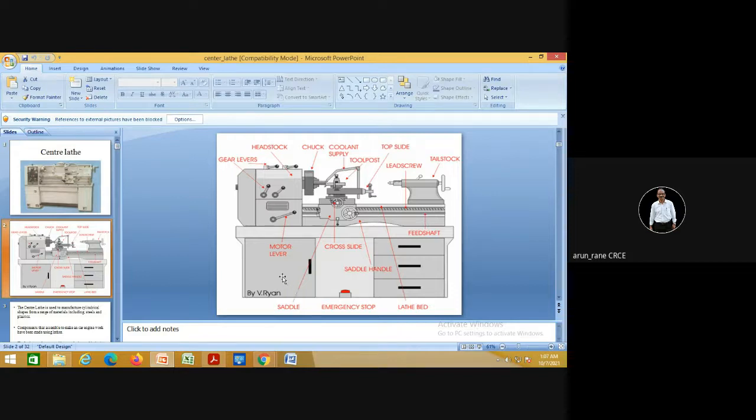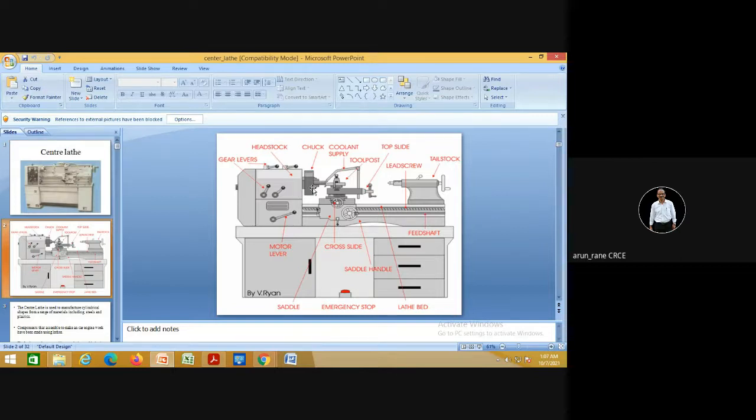So you have a motor here, and then you have a spindle here, the spindle on which the chuck is mounted. On the spindle we have external threading, and on the chuck we have internal threading, so that the chuck can be mounted. And then you have, of course, a locking device which locks the chuck so that during rotation it doesn't come out.